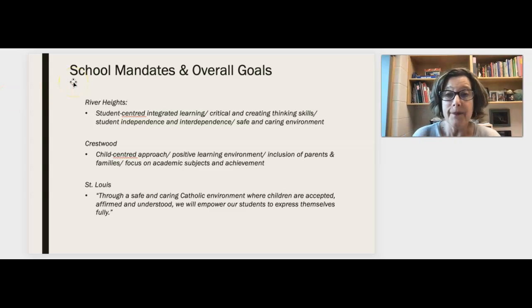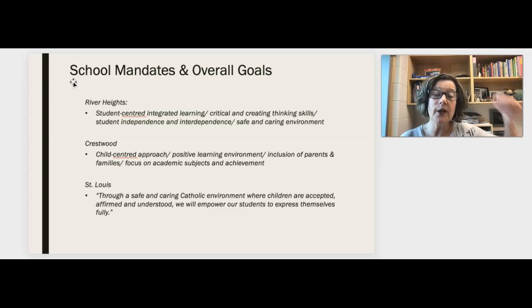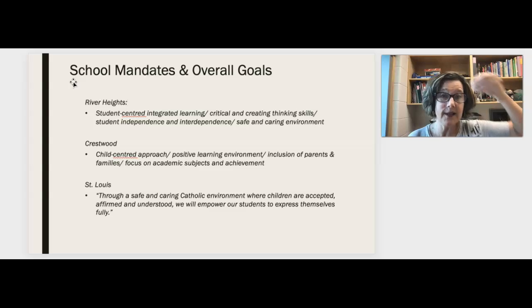I'll do this right now while I'm here. You also want to consider your school mandates and overall goals. So if you're at a school like River Heights that has a very student-centered, integrated learning, critical and creative thinking skills, student independence and interdependence, safe and caring environment, if you have a school that is their focus, or if you're at a school like Crestwood, which is very child-centered approach, positive learning environment, inclusion of parents and families, focus